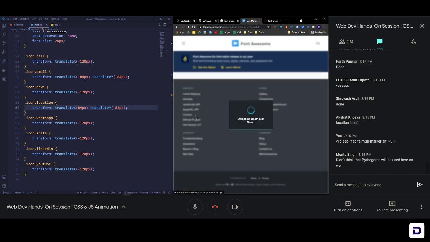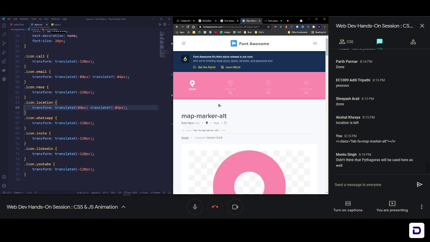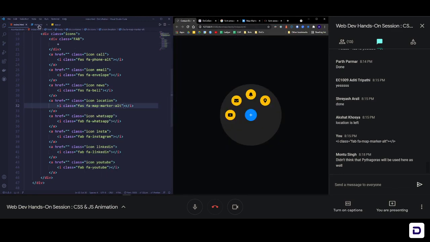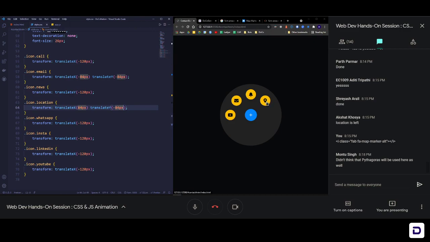Yeah, this one. Grab the HTML. Okay, I did not remove, I guess, FAB. Okay, that was the problem. FAS. Now we'll get it. Yeah, okay. So now we have the location icon here, and then WhatsApp will come here.